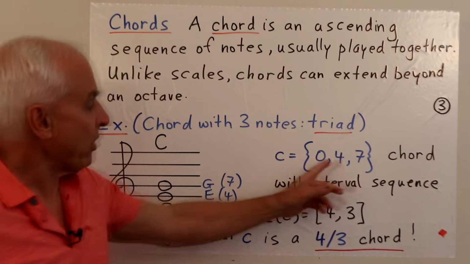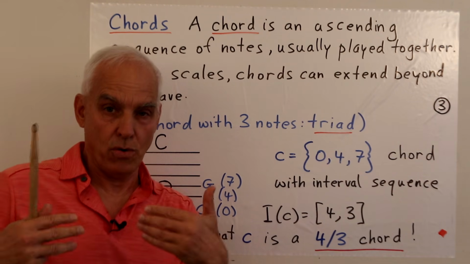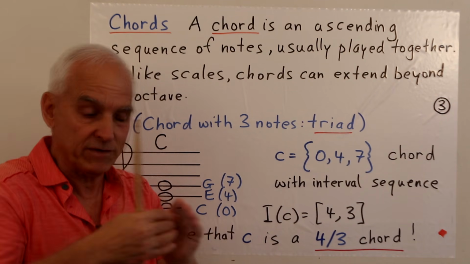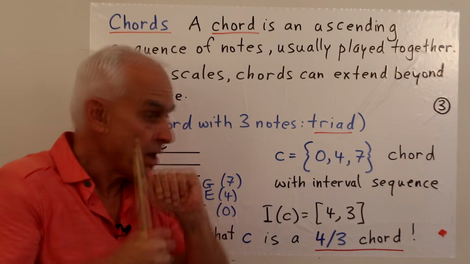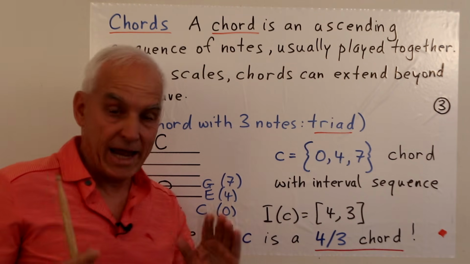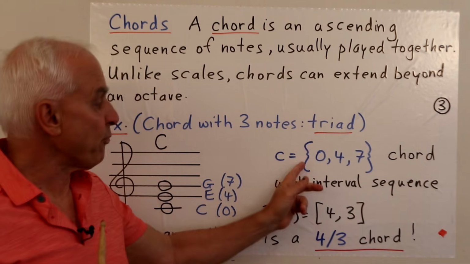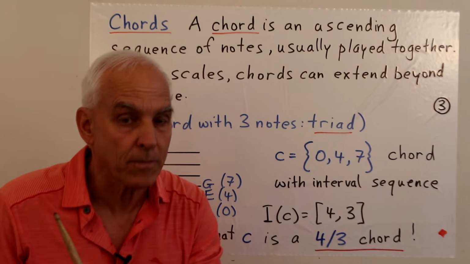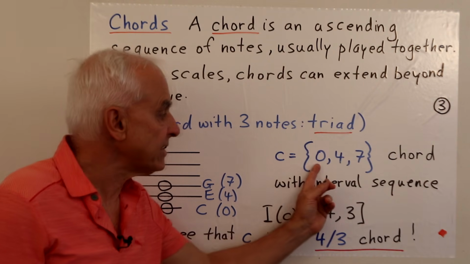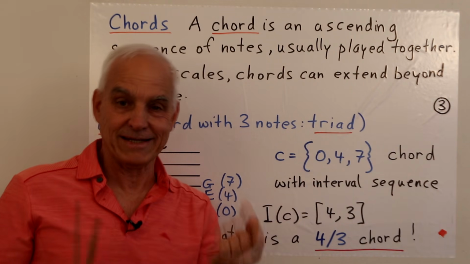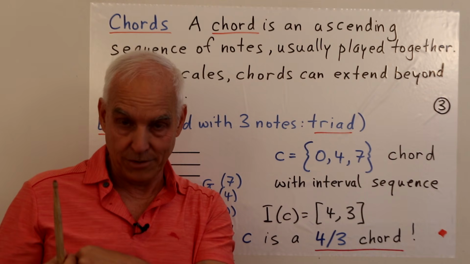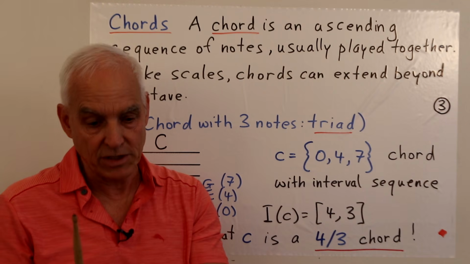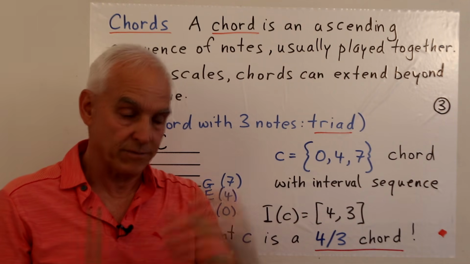So this is how we might notate a chord, by listing the notes that are involved, actually the tones that are involved, in ascending order. But to distinguish it from a scale, we won't use pointy brackets, we might use braces. Okay? That alerts us to the fact this is a chord and not a scale. And moreover, we do not insist that the final note of the chord be the same as the starting note. That was a requirement for a scale. The scales always went from one note to the corresponding octave up higher.